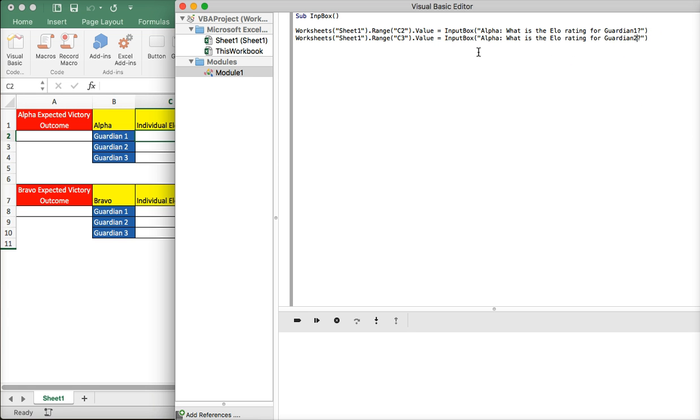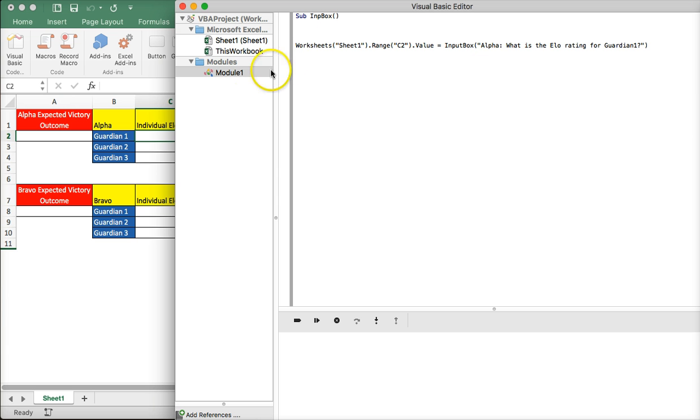But what's also useful is that instead of having this whole line of code in for every cell, I like to make it a little more compact, and I'm going to use a with and end with function. Since the location of all these input boxes is in sheet 1,